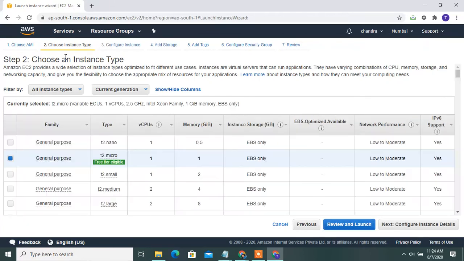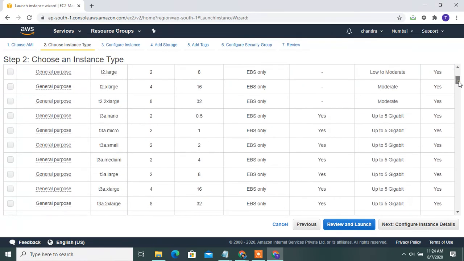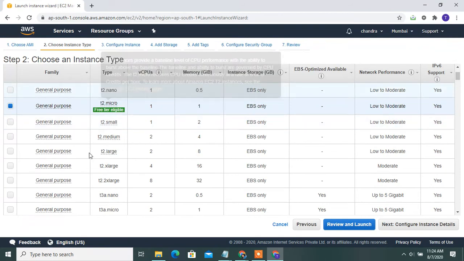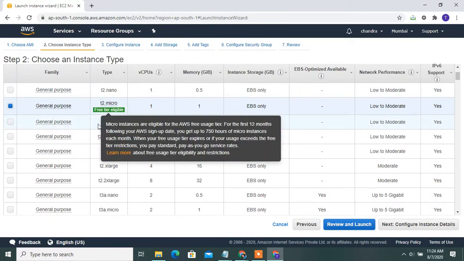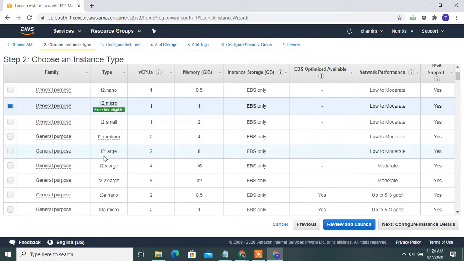Okay, see, step 2 is choose an instance type. Instance types means all types of instances that can be launched: T2 nano, T2 micro, T2 small, T2 medium, T2 large, XLarge.